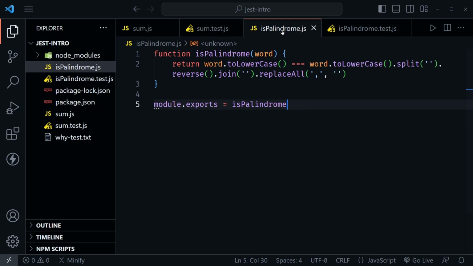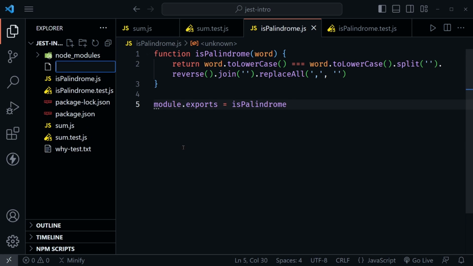Now we're going to come back to the isPalindrome function. As I mentioned, I want to talk just a little bit more about why I think it's doing 2 things and a little bit of clean code here. But let's create one more function first, another new file, and we'll call this shallow object